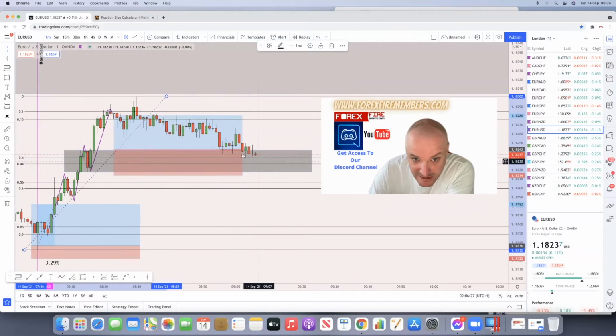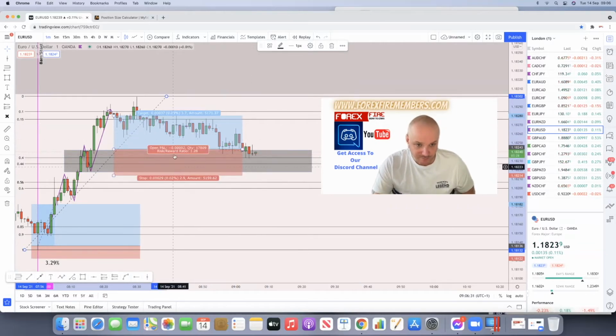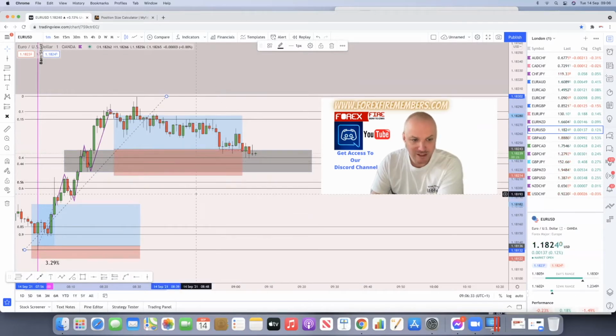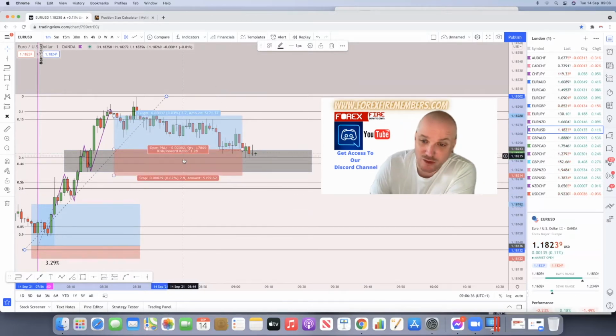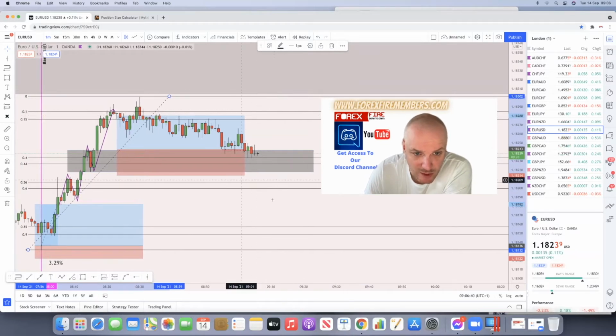So hopefully this is the rejection point where it's going to bounce up and get us into the TP of a 1.28, which will head us towards a 5%, I do believe. Again, we'll stop the share, see where we are. Hopefully we don't get the rejection and push through onto the bottom zone.